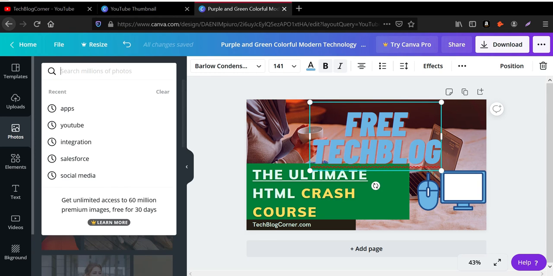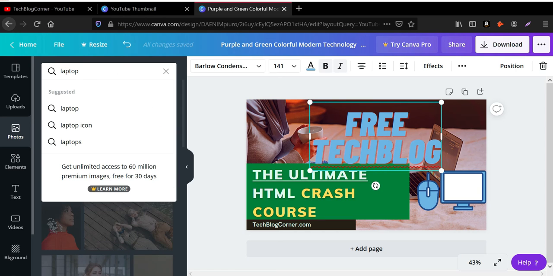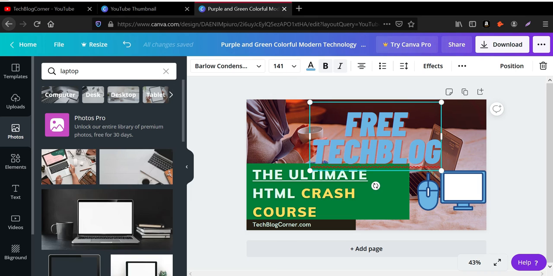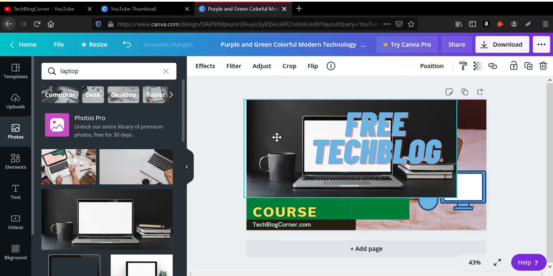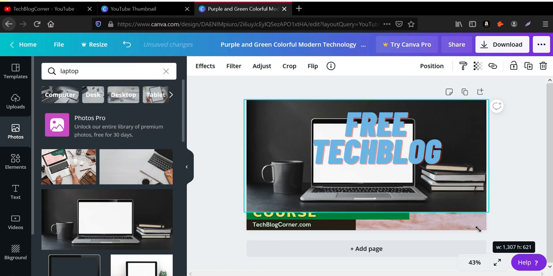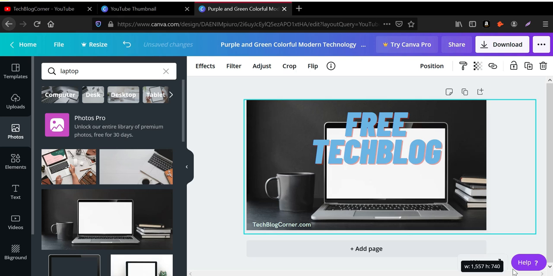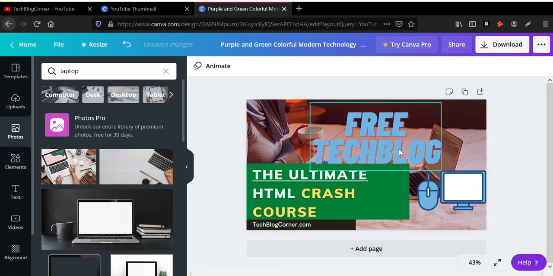For example, I will search for laptop. Once I search it, I click whatever image I need, and the image comes into your thumbnail design. So you can drag, drop, and make whatever changes you want.